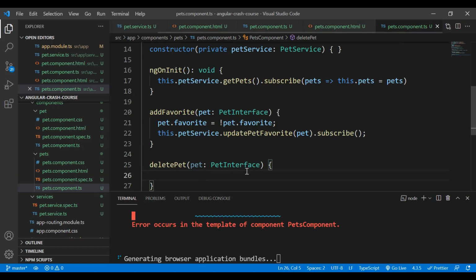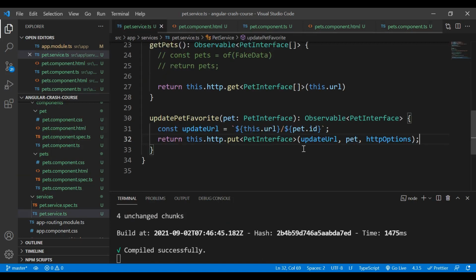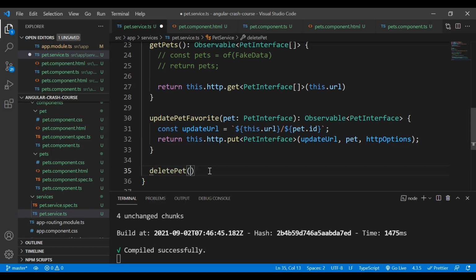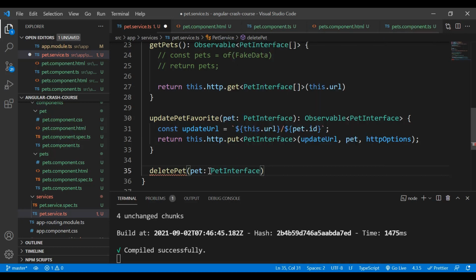And now let's just save this. Next will be go to the service here. So we need to create a new function. This will be deletePet. The pet data will be the pet interface. Let me copy this part here, the same thing,